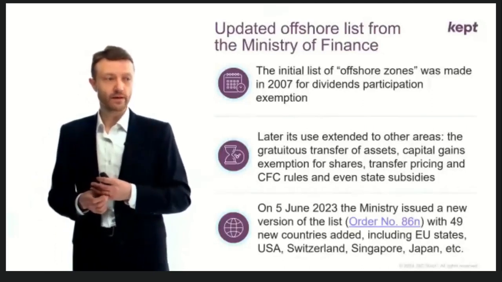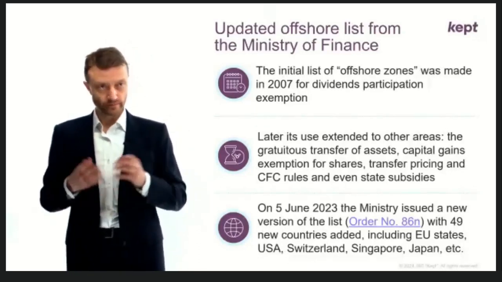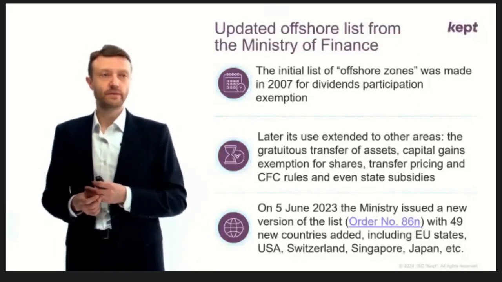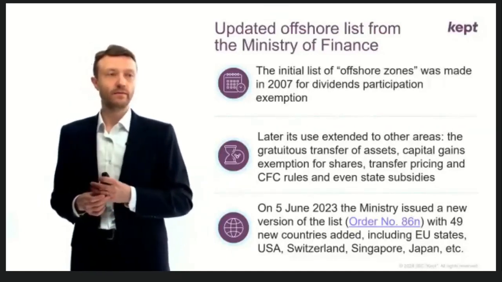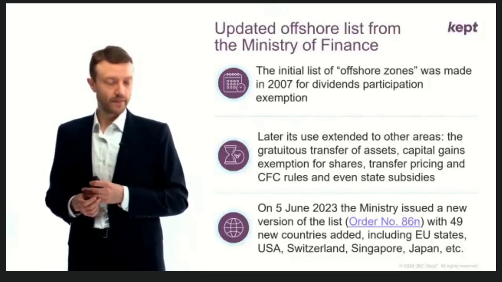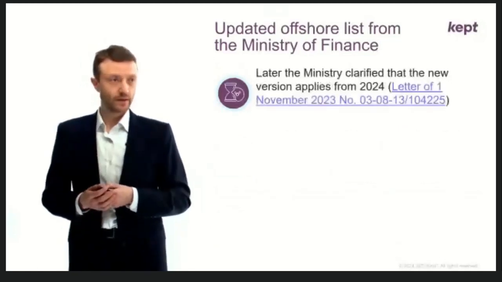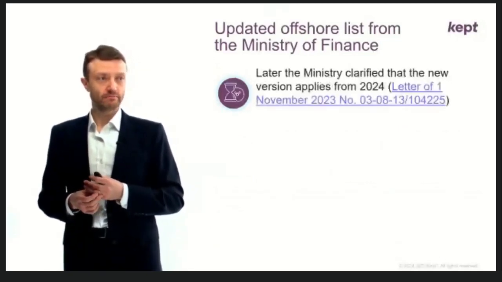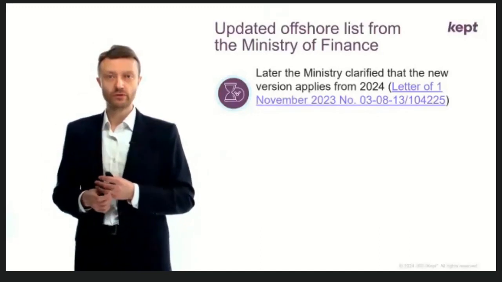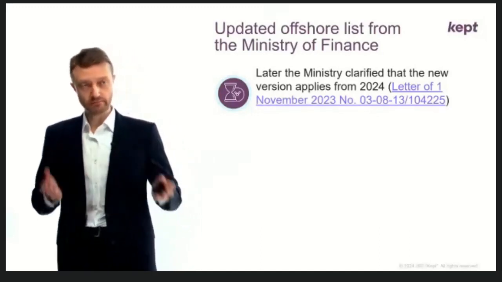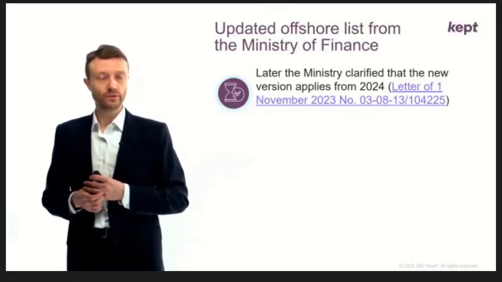So in June last year, the ministry issued a new version of this list, and 49 new countries were added. Not surprisingly, all the EU states, as well as the United States, Switzerland, Singapore, Japan. Basically, the additions mostly mirror the list of countries with which double tax treaties had been suspended as well. Then the situation developed, and the ministry clarified that the new version of the list applies only starting next year, well, this year now, 2024,